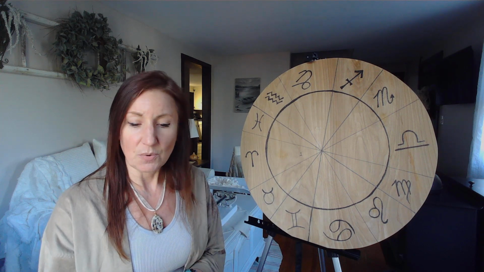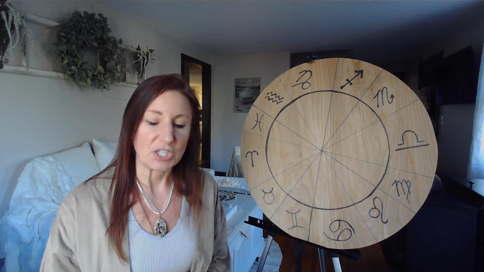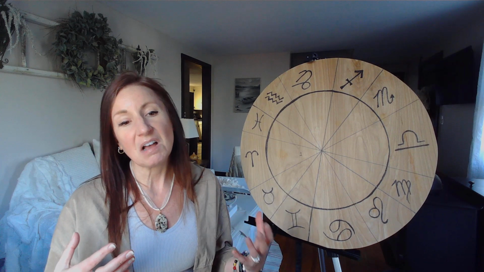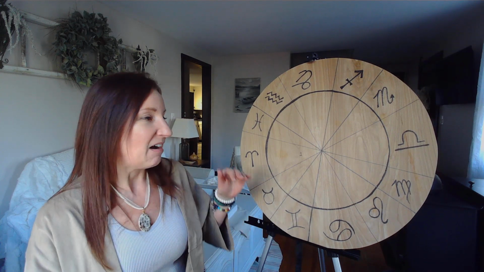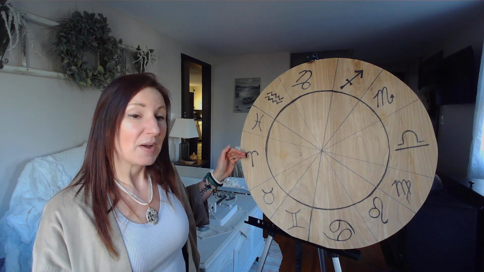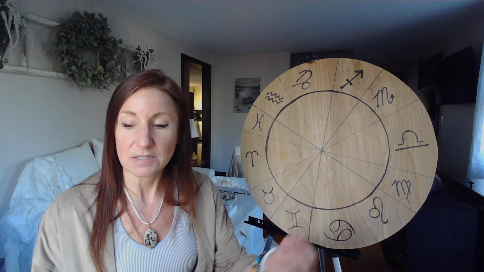And then say you have the outer planets, which is Uranus, Neptune, and Pluto. Now those are going to be like the big dump trucks coming by. They're slow, they're loud, they make a lot of noise, they smell. You're going to hear that and feel that coming from a while away, and it's going to take a long time to pass. So those transits aren't going to happen overnight. It's not going to be something you're going to feel overnight. It's going to be something that is slow moving.